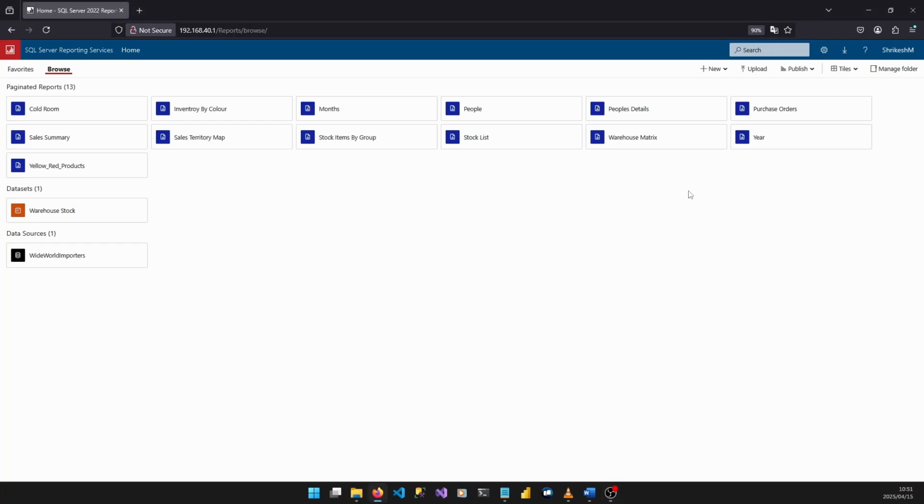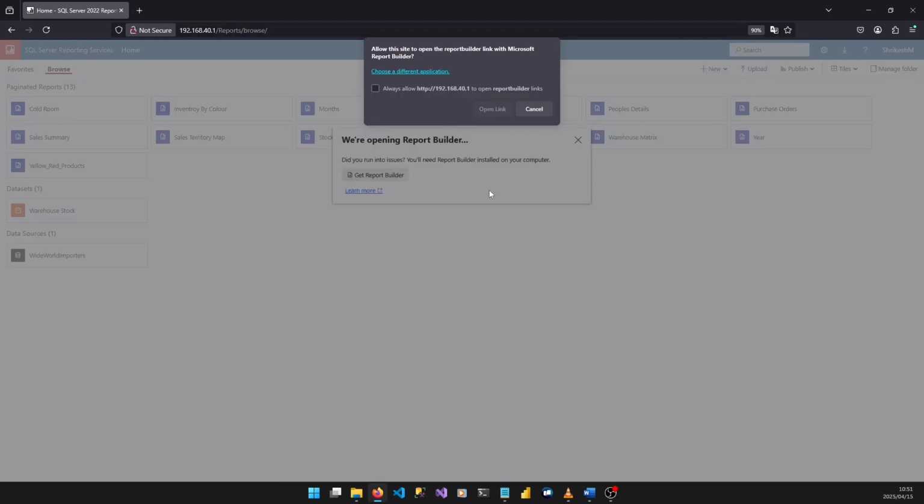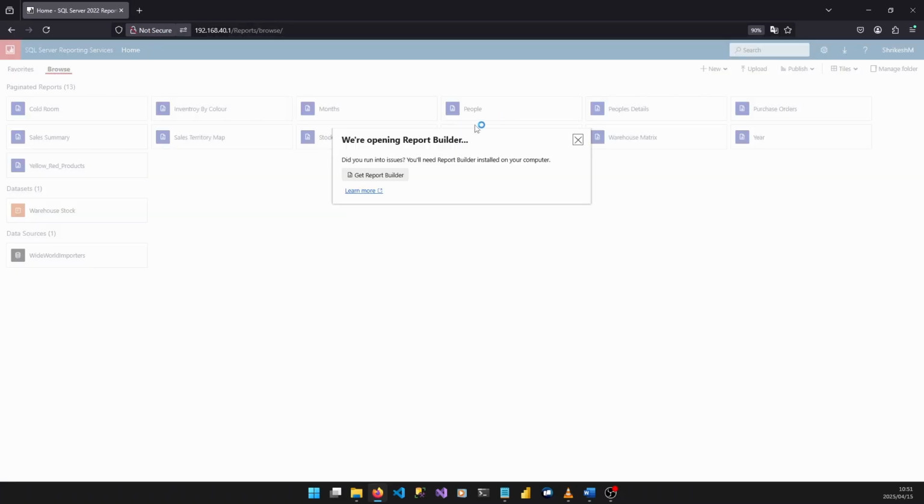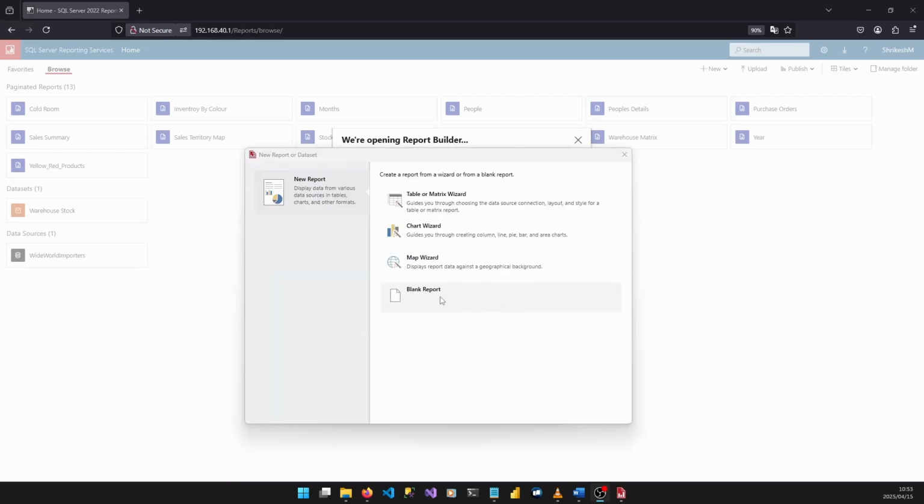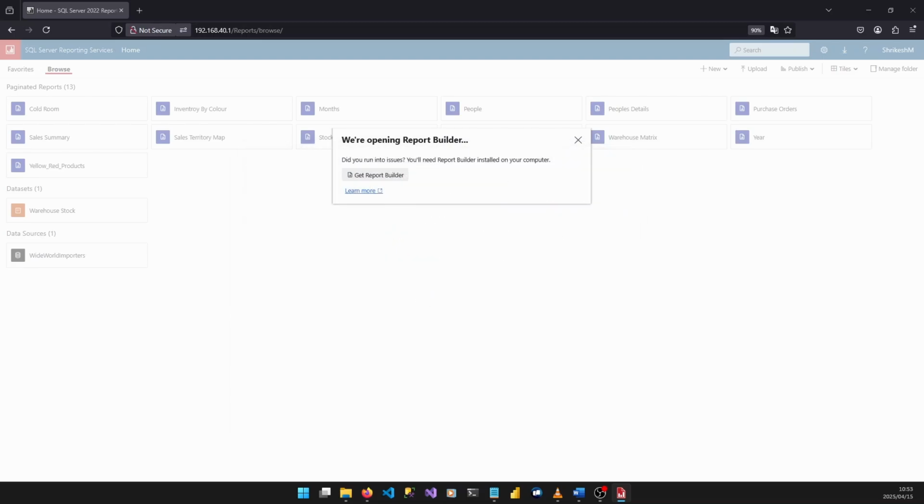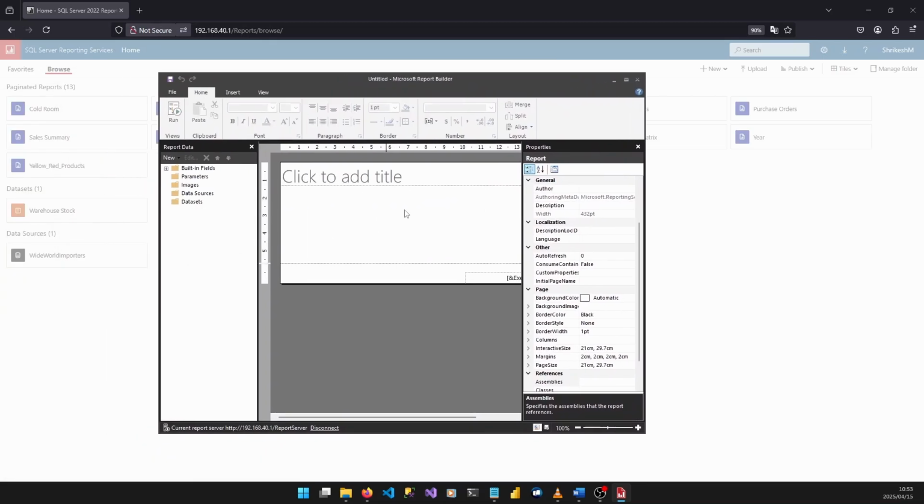Let us start doing this by creating a new paginated report. We're going to use our shared data source that we've created. So we'll start off by creating a blank report. Because we already have a shared data set, we don't need to go through the same process of creating a data source, then a data set. We just